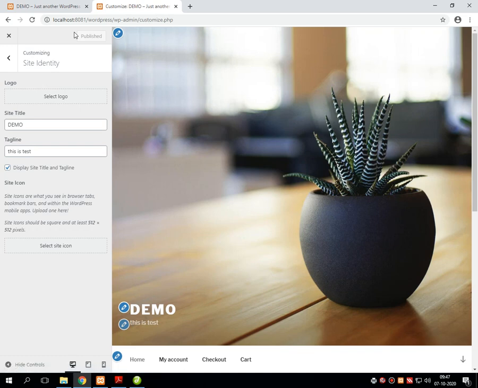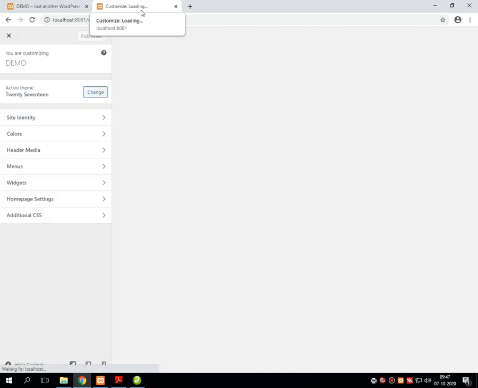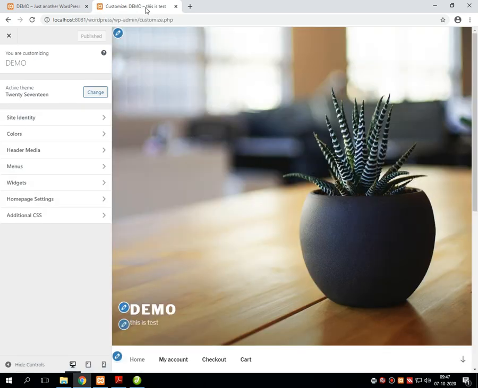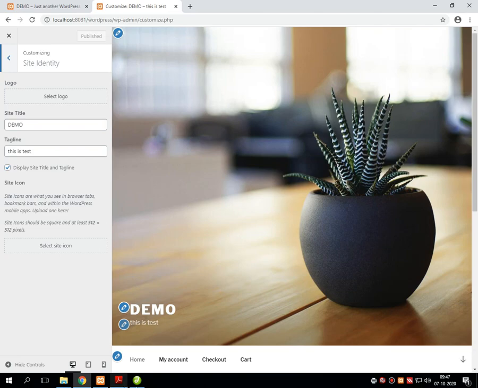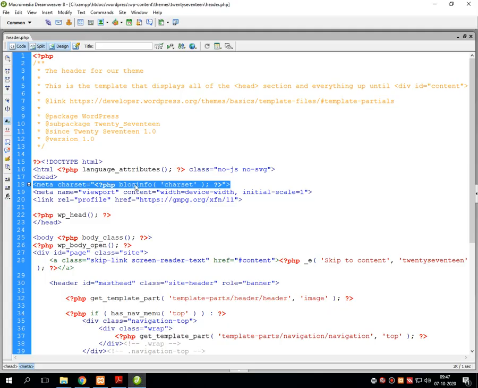Now once I refresh the page, this will change to this is test. Let it get loaded properly. This is test. Now this message is displayed once I have changed the site identity over here. This is because blog info is dynamic, right? This is title, I will give you the function of the same later on.